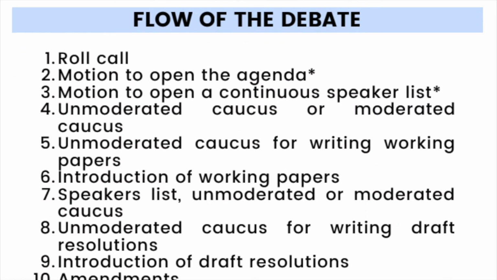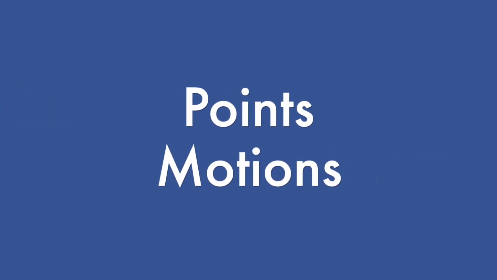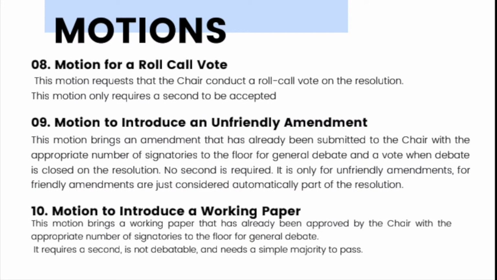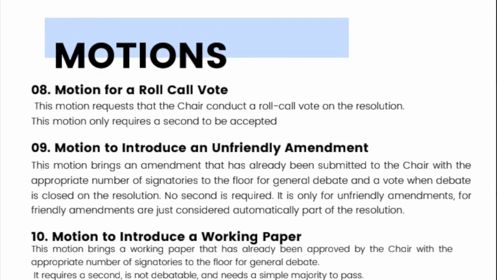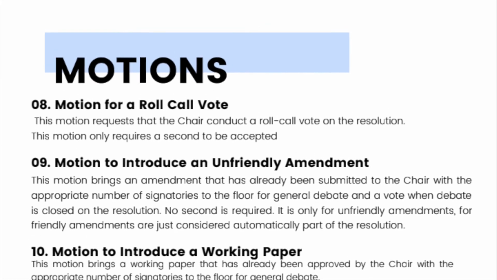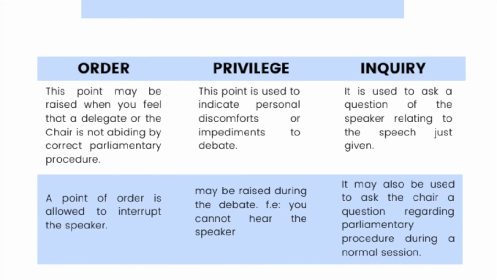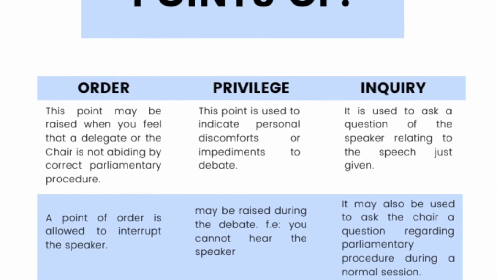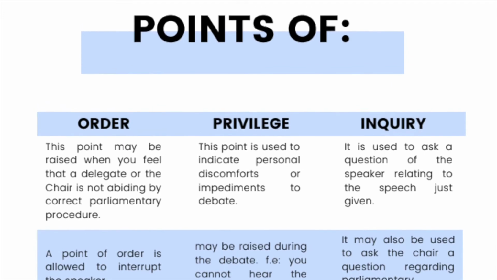Rules of procedure. Every MUN functions with specific rules of procedure. For standard conferences, you will be using 2 different tools: points and motions. A motion is a proposal or request that is made in a meeting of people for a decision to be made about it. A point is used for solving personal issues. The main difference between points and motions are that motions are only available when the chair opens the floor. Meanwhile, points such as point of personal privilege may be able to request at any time.